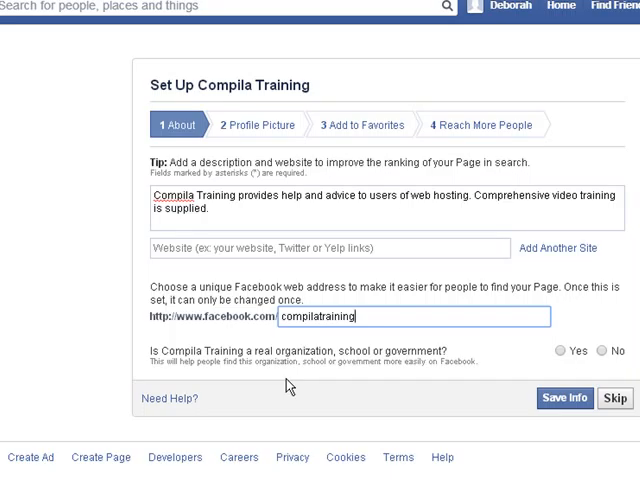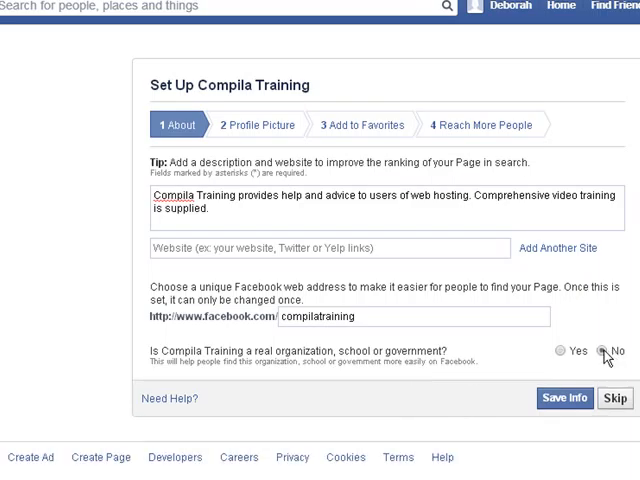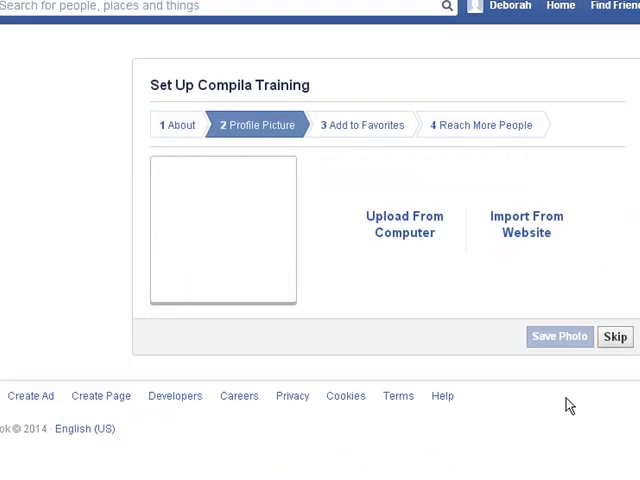Now this next bit is quite important. It says, is Compiler Training a real organization, school or government? If you click yes, it starts to ask you all kinds of other questions. Now obviously if your business is totally legit, then go for yes and just answer the questions. I'm going to go for no here because I've just made this up basically. So I'm now going to save the info and it will take us to the next page, which is the